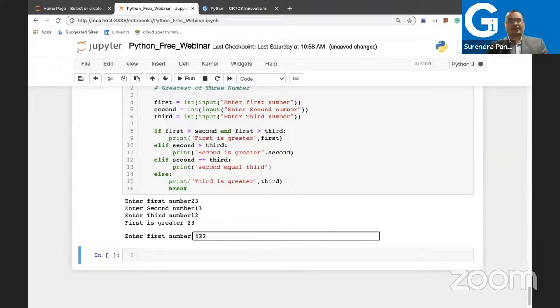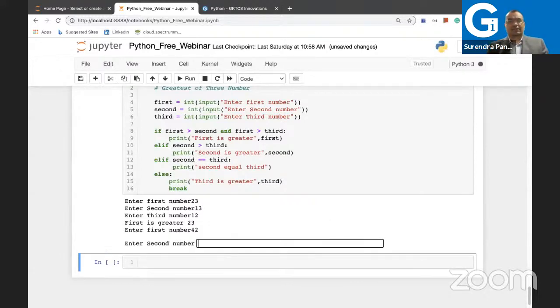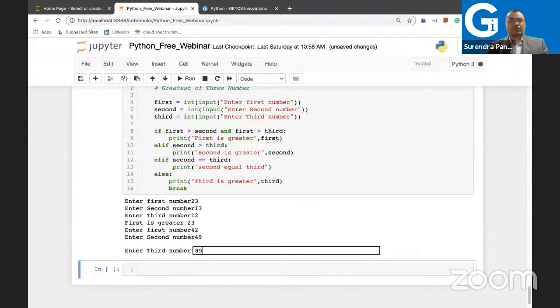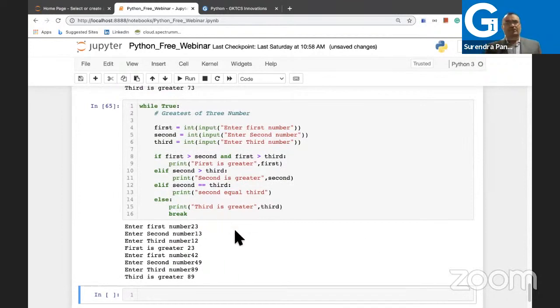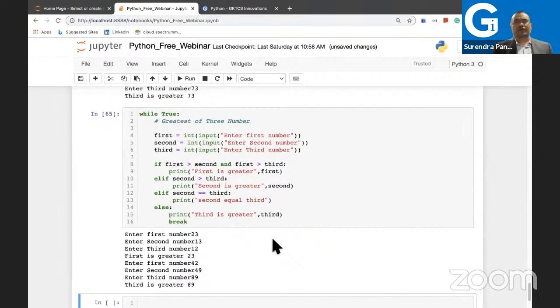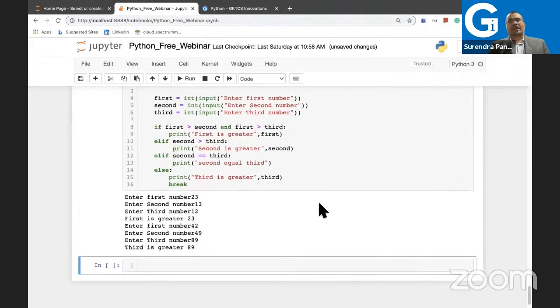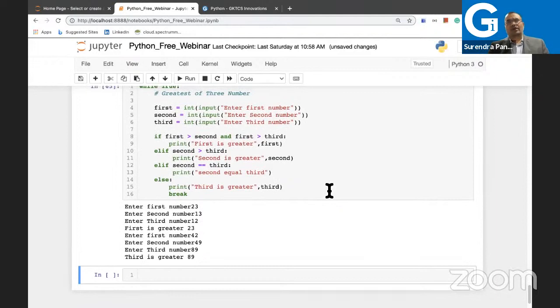Now here, let's say I want to stop here, then I can put the last value as the greater number. So that's what I put for the break. So it's up to your logic how you want to write it. Let us understand this control structure part also. I just wanted to give a brief overview, and then like that we have a for loop, and this while loop is also there, and then you have the topic of object programming in Python, where you can create your own class, your object,